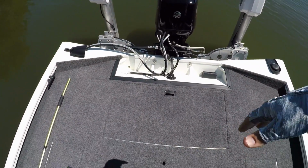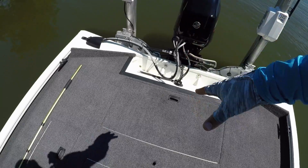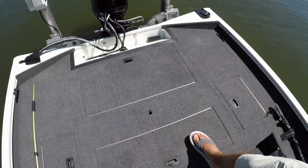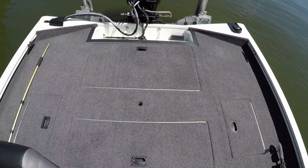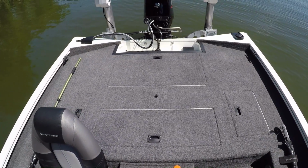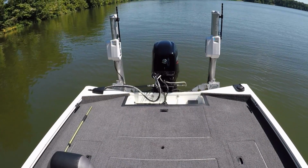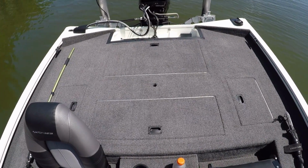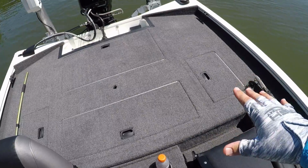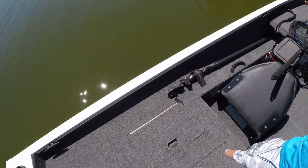you can see here, we're going to go over some things that I really like and some things that I would change. Give you guys a good look here of the back deck. Very spacious, plenty of fishing room. Plenty of room there, guys. Really, the only thing I would change back here, I would like to see some locks on these